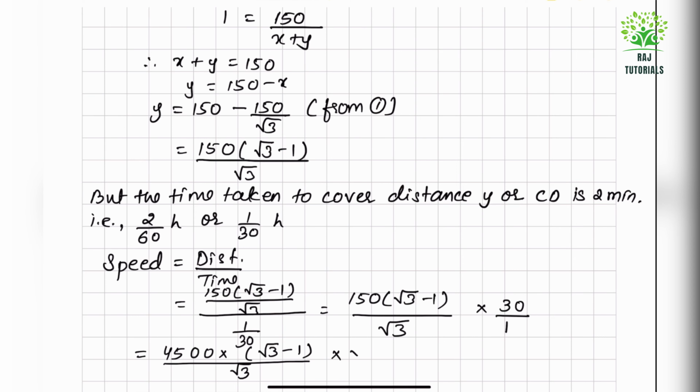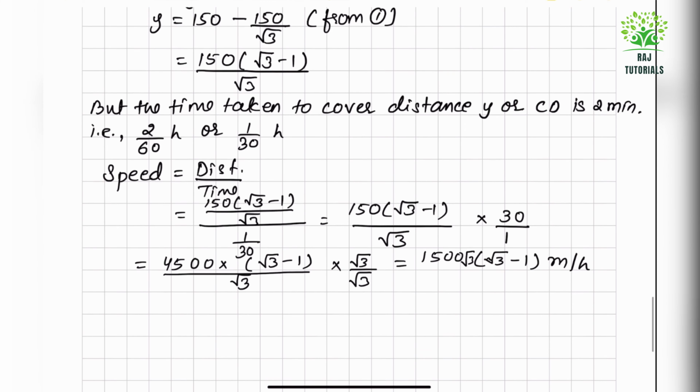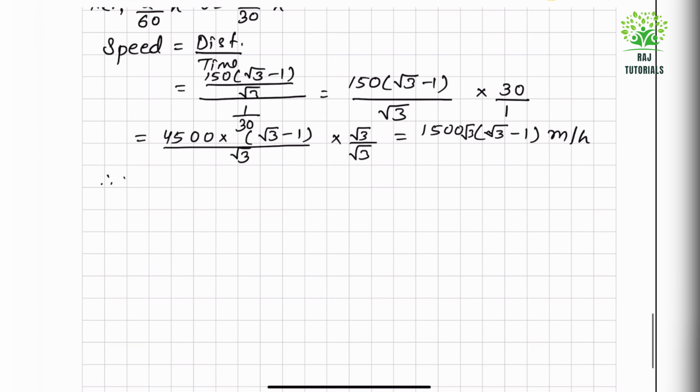So if I solve it, I will have 4500 into root 3 minus 1 upon root 3. Now rationalizing together only, so root 3 upon root 3, so this will be 1500 root 3 into root 3 minus 1 meter per hour. So therefore the speed of the boat